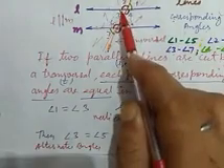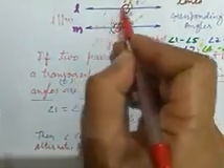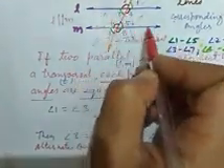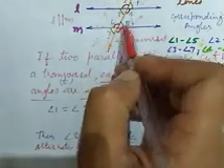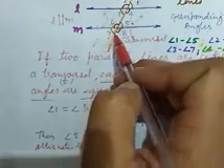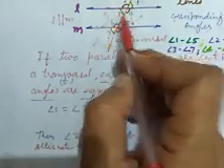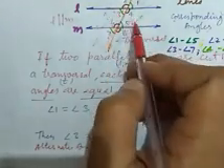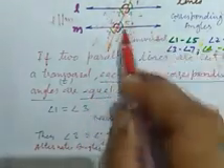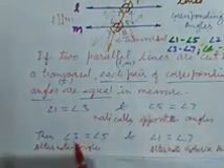So we get alternate angles. This 3 and 5 is an alternate angle pair. Here we can check they make a Z. So 3 and 5 are alternate angles. They have a common arm and the angles are on either side of the transversal, on opposite sides of the transversal. So 3 and 5 are alternate angles and they are equal.